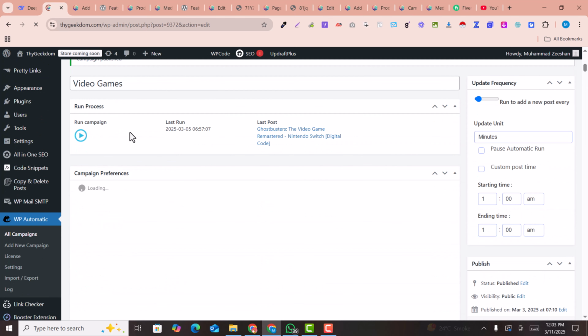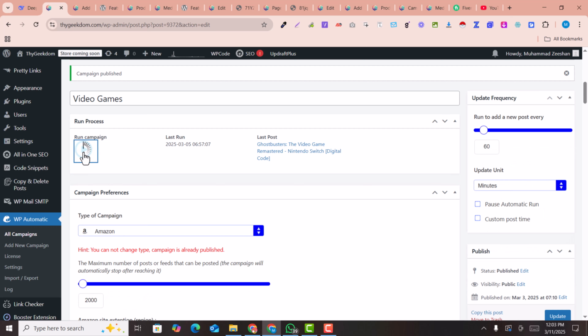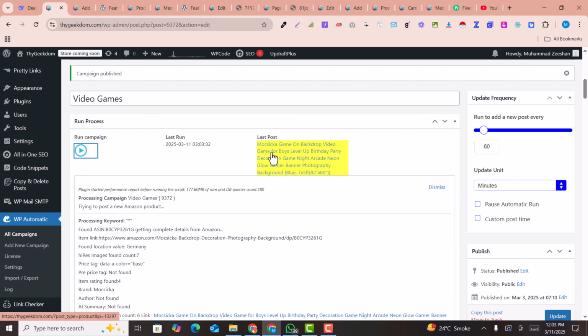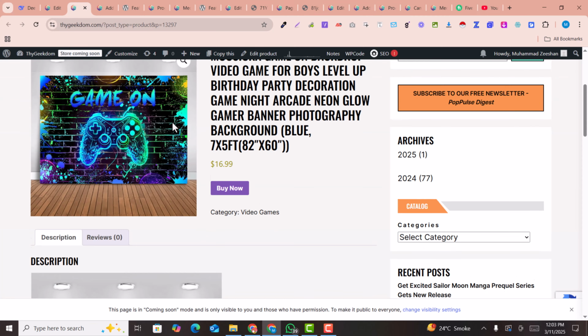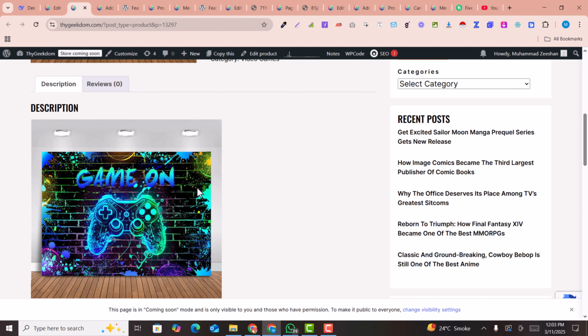For example, let me check this. I run this campaign to test it, so I just click on run, and let's see the newly fetched product, where these images are going to be displayed or saved. So this is the link. Now this is the product that is being fetched right now. You can see this is the image, and these are other images that are being